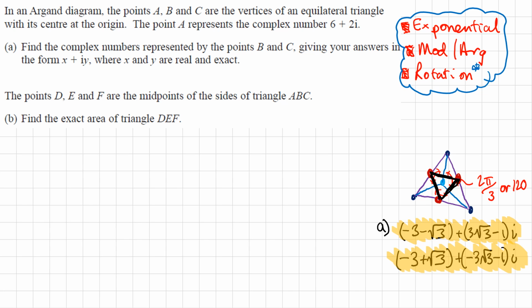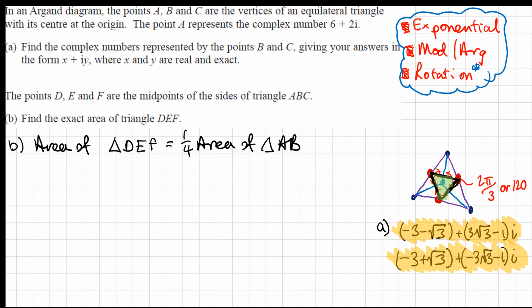Now, one of the properties of an equilateral triangle and its midpoints joined to form another equilateral triangle is that the area of this is a quarter of the area of the larger triangle. So I'm going to use that property to find the area of this triangle here, which I'll shade in green, by working out the area of the larger triangle and then dividing that by 4. Right, so let's write down that the area of triangle DEF is equal to a quarter the area of triangle